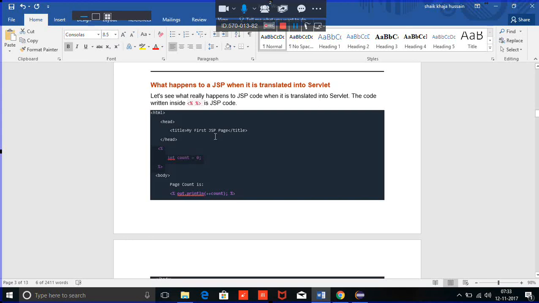But one second, Hussein. But in my Eclipse the dynamic web project option is not showing. Okay, I will help with that. Okay. We'll just